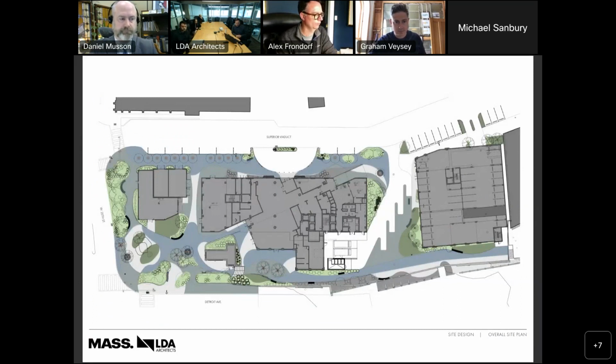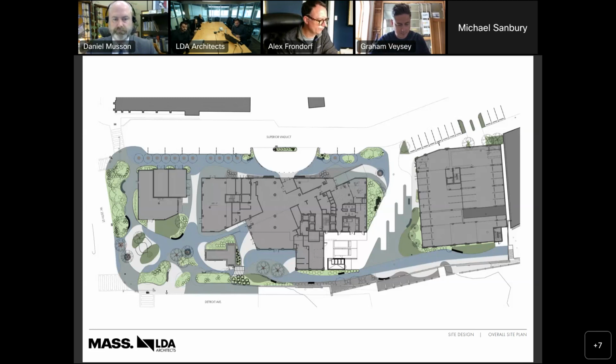So we had the detached one-story retail building at the corner of West 25th and Viaduct, the tower in the middle part of the site, still maintaining the existing historic ticket booth along Detroit, and then the detached parking garage on the east side of the site. So footprint-wise, everything's the same.